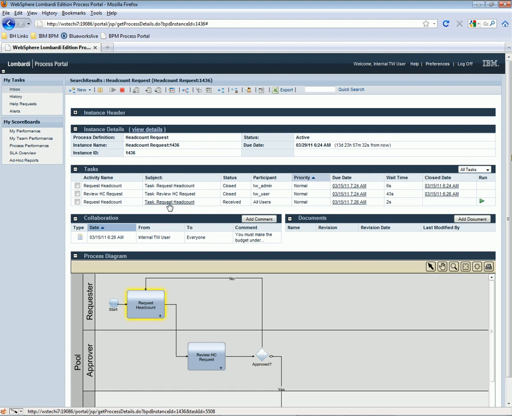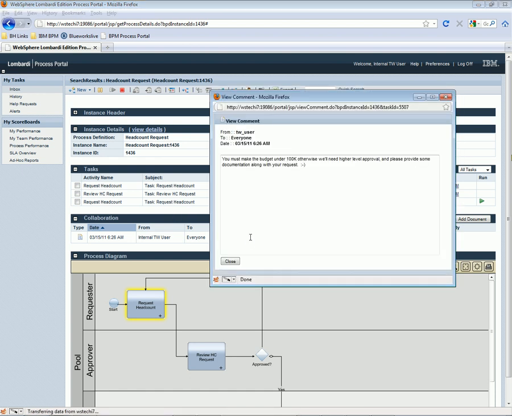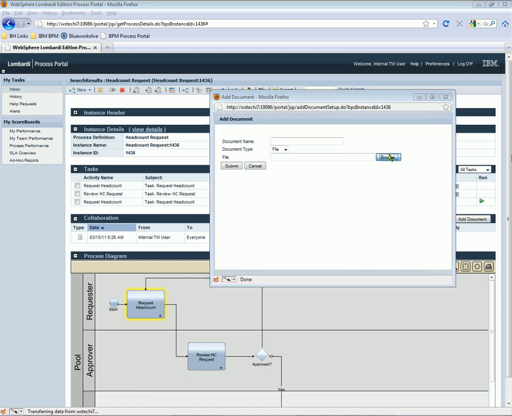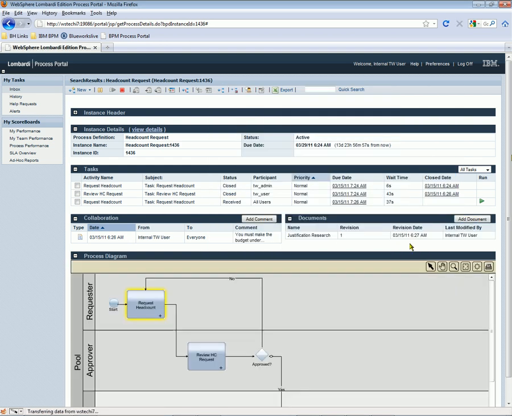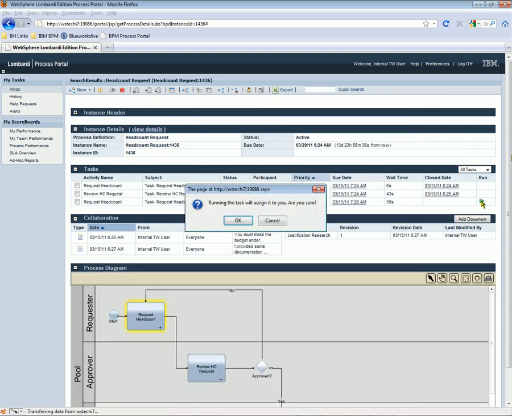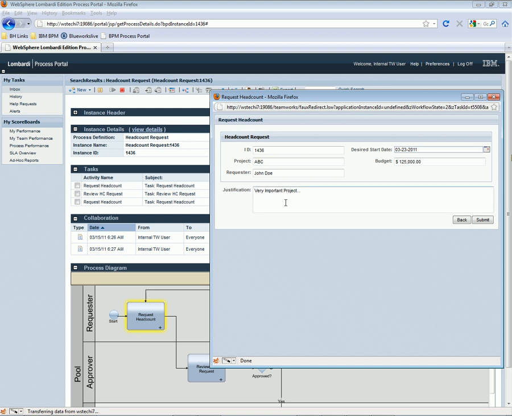It loops back the no branch to the first activity, where we, as a requester, can do several things, like, for instance, review this comment in the process portal. Now that we have insight into how we might need to adjust it and why it was rejected, there was additional documentation requested. So we can use the built-in add document attachment capability and add a document, which is some justification research. See that now we have a document in there, and we'll add a comment as a reply. I provided some documentation, and we'll keep the budget under control. So now we can see that when we submit this request